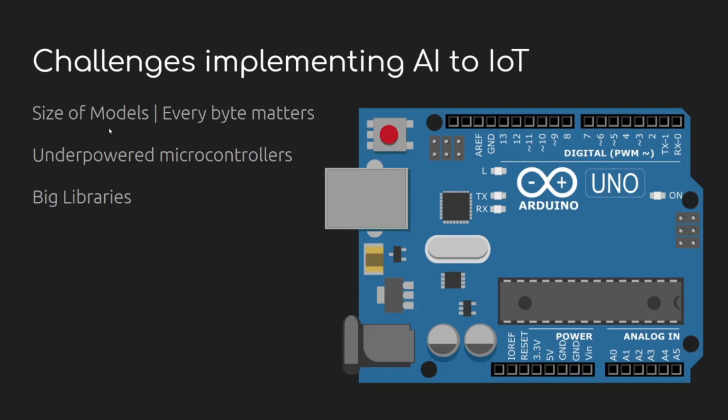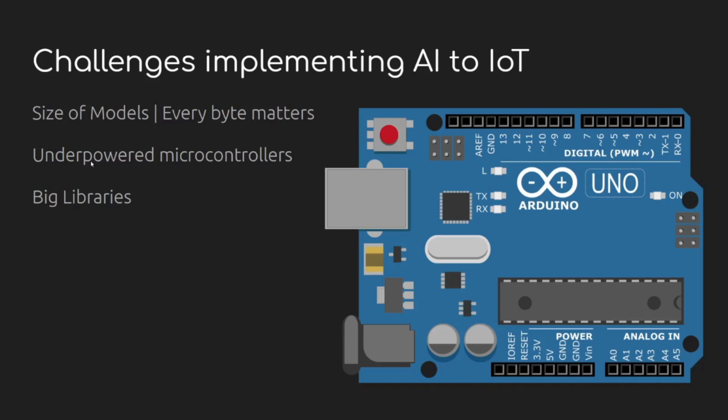So the first point here is the size of the models. Size of the models, in the sense, every byte matters. If you look at the size of this Arduino, it has very limited memory, in the sense a maximum of 1 MB is allocated for you. Whatever machine learning models you build in TensorFlow will be more than 200 MB, 250 MB, something like that. But for this Arduino, only 1 MB is allocated. So now we have to take care of every byte, so that it will fit into this Arduino.